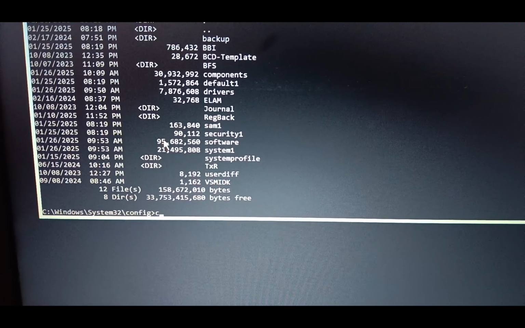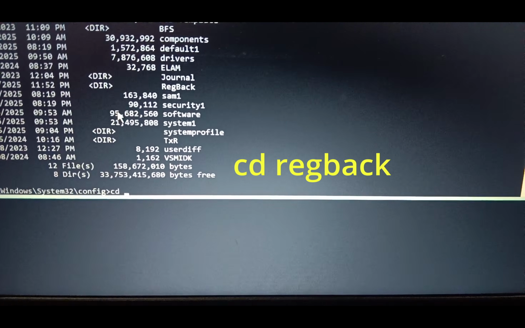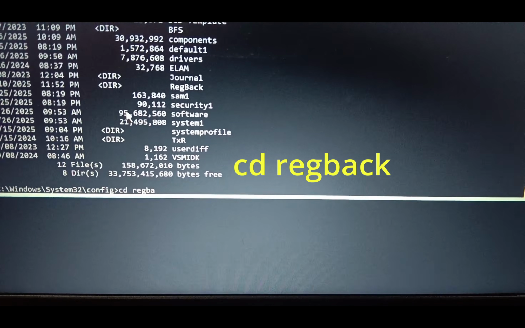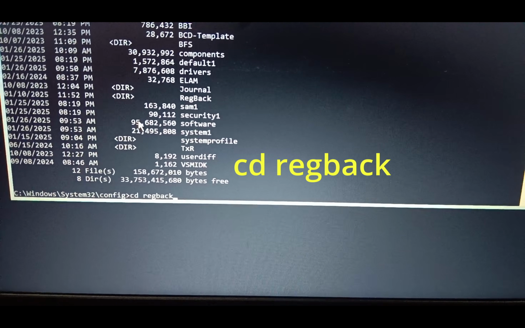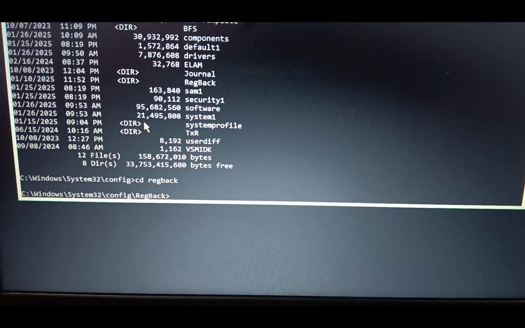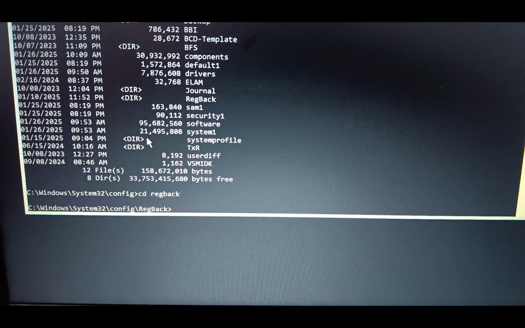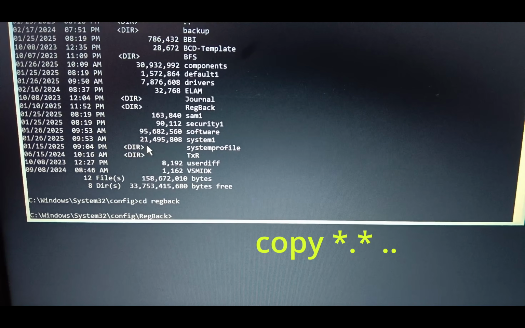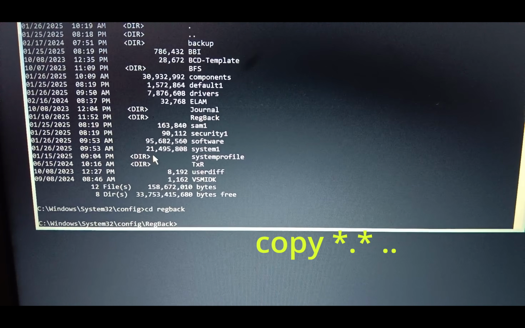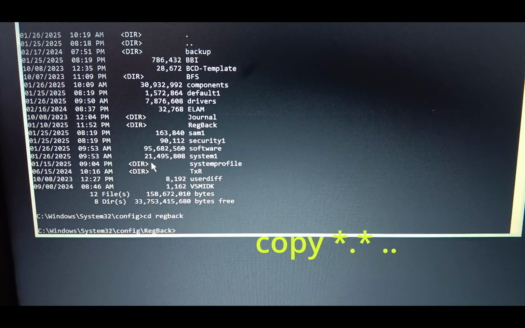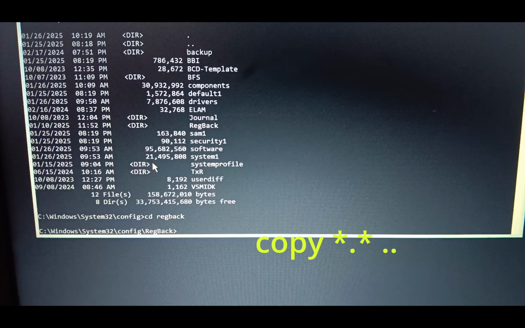Now let's go back to regback, cd regback, in order to go to the regback directory. So we are in the regback directory. We need to copy the registry backup from regback to the config folder. We need to copy and paste. So in order to copy and paste the registry backup into the config folder, we need to type the